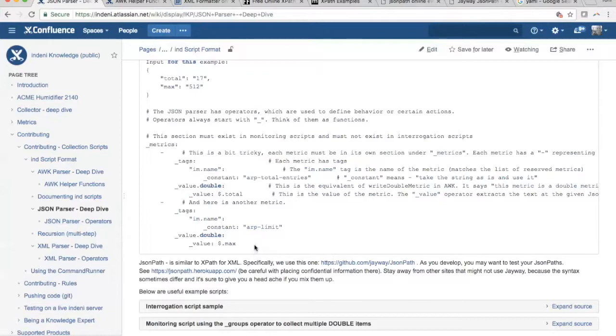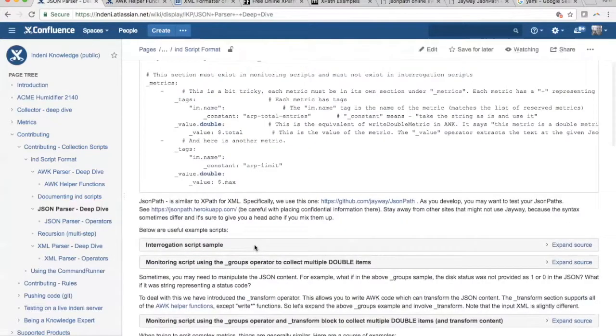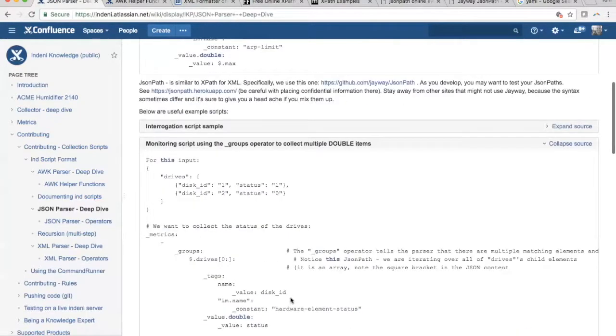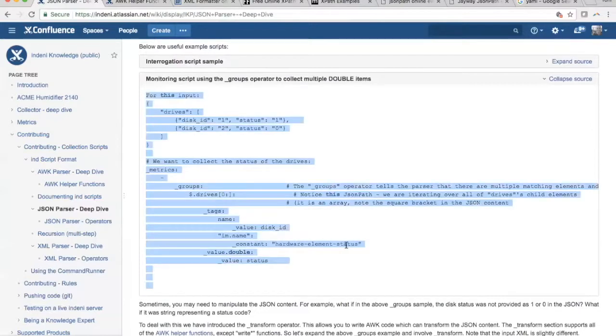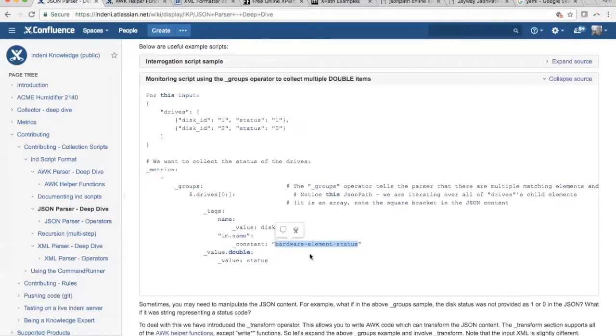Okay. Great. So now let's start making things slightly more complicated. Here is a group operator, or groups. Look at this. Notice that the input here has multiple drives. So what we want to do is generate a metric for each of these drives. Okay. So the metric name is going to be hardware element status. Okay. And to differentiate between the drives, we add a tag called name. And the first time the name is going to be 1, and the second time the name is going to